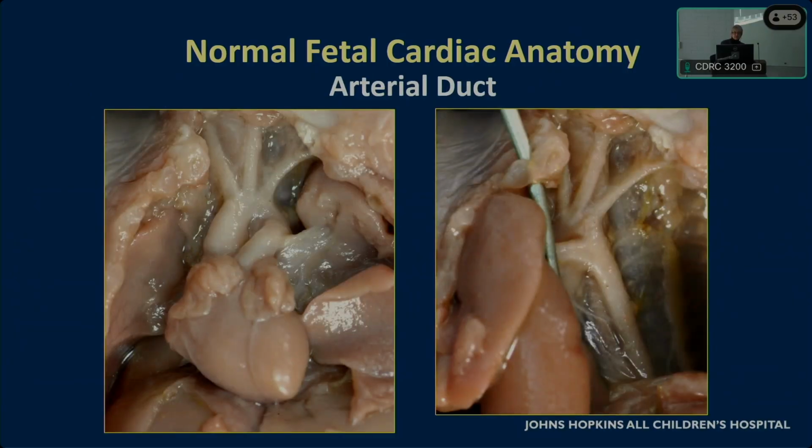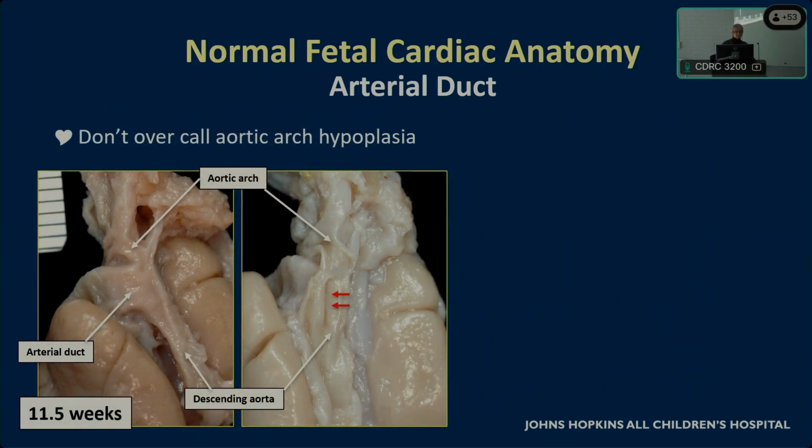So I often have people ask me, how do you tell if an aortic arch is hypoplastic in the fetus? Here you can see the arch from the front with the arterial duct going over the left bronchus. And here I've pulled the lung out and you can see it in the chest. I often look at the size of the left subclavian and the aortic isthmus and compare them if I think something is hypoplastic. So here, this is at 11 and a half weeks, and you can see that the arch